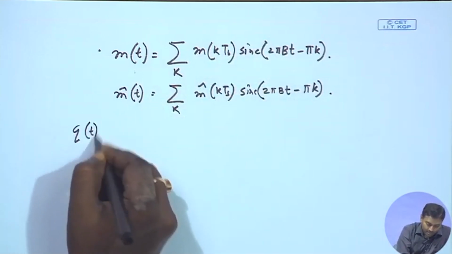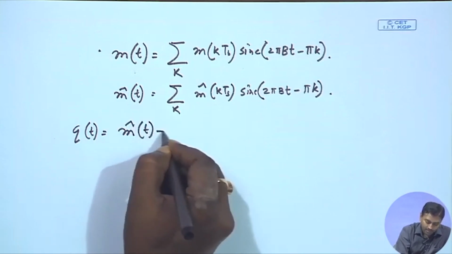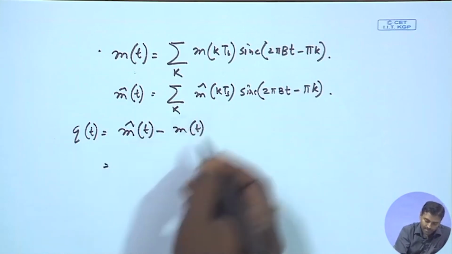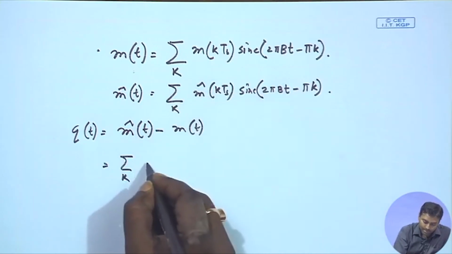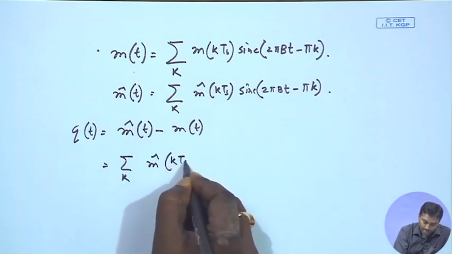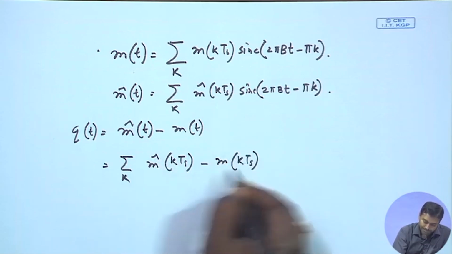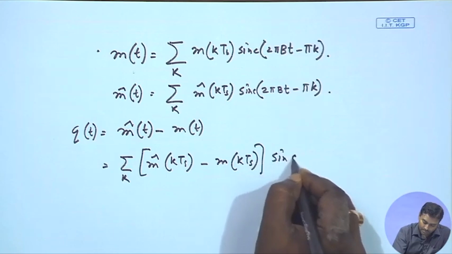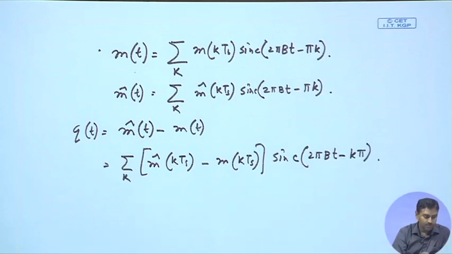Let us say that is the quantization error, which is m hat(t) minus m(t), which is nothing but the summation over k of each of those sample errors, m hat(kTs) minus m(kTs), into sinc. Okay. So, this is my quantization error. So, this is the error signal. I need to see how much